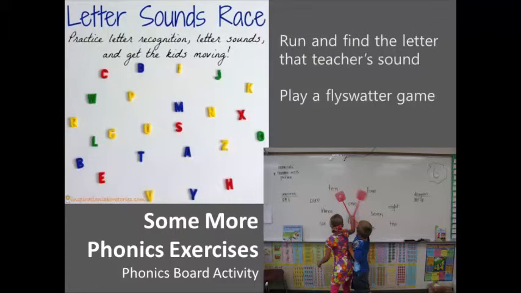Two other ideas are the sound letter race and the fly swatter game. Sound letter race works by the teacher putting letters up on a magnetic board or on a board at the front of the classroom. The students stand at the back in two teams. When the teacher says go, one person from each team runs up and grabs the letter according to the sound that the teacher says. The fly swatter game works in a simple and similar way,